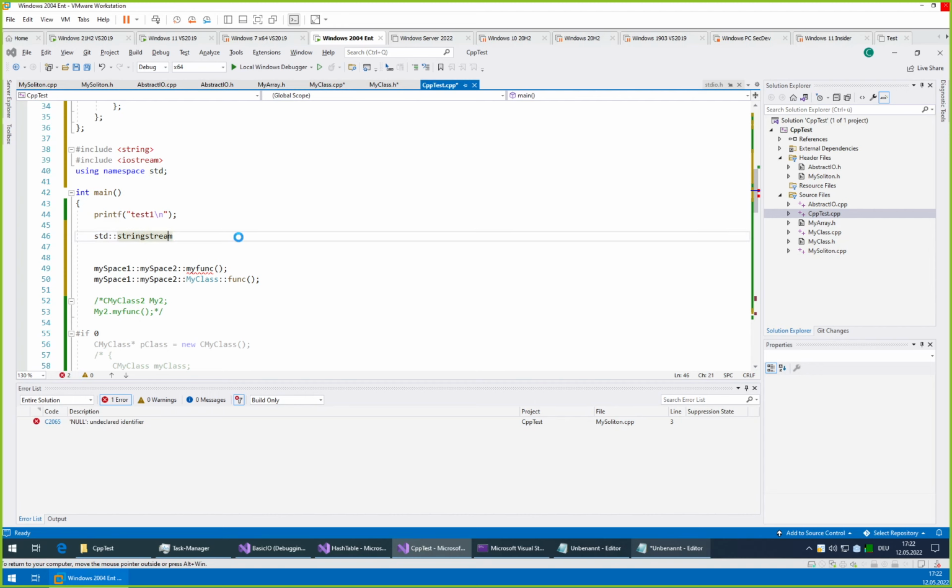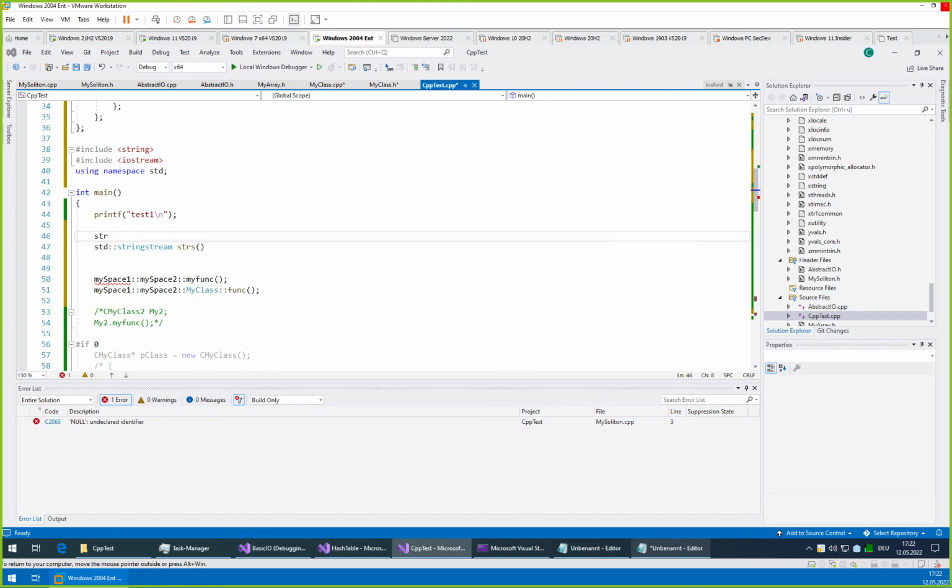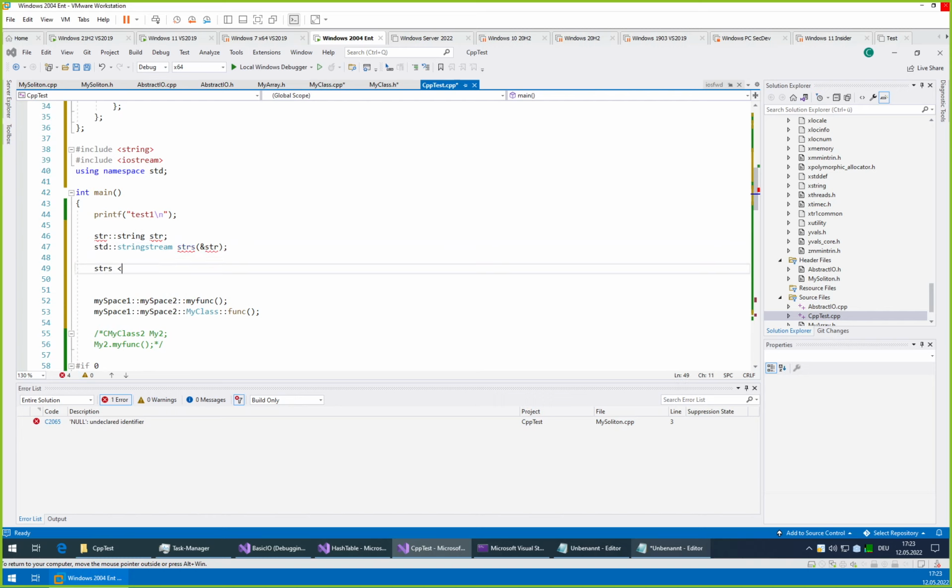Do we have that already included? Yes. Well, and we need to give it a name. Let's call it ss, a stringstream. We have to give it a string as argument, to which it will be writing. Oops, that is a small s. And now we can just, where is it complaining?